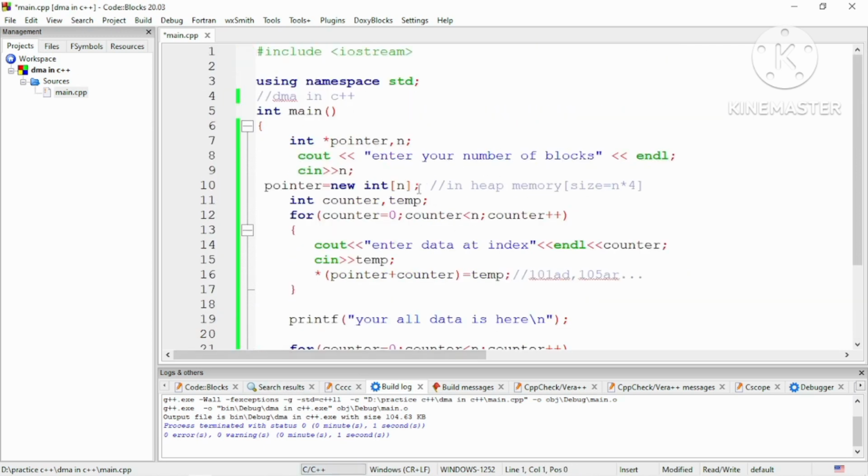You can also use characters here. In that case we must give character types of data, and floating or any other types of data you can use. I am giving you one homework: you must use character, float, double, and different data here. Okay, so let's